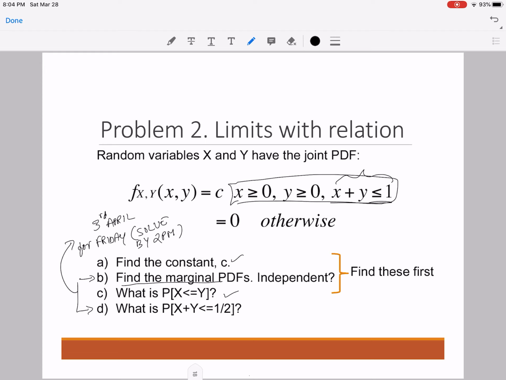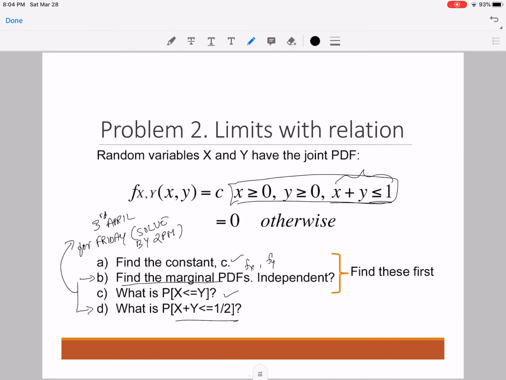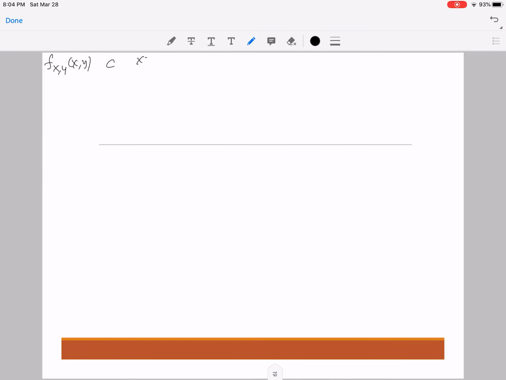You need to find the marginal PDFs fx and fy and tell me whether they're independent or not. And you need to find the probability that x plus y is less than or equal to 1/2. For you, I'll focus on finding the value of constant C and the probability that x is less than or equal to y. So your joint PDF of x comma y is equal to constant C in this region,